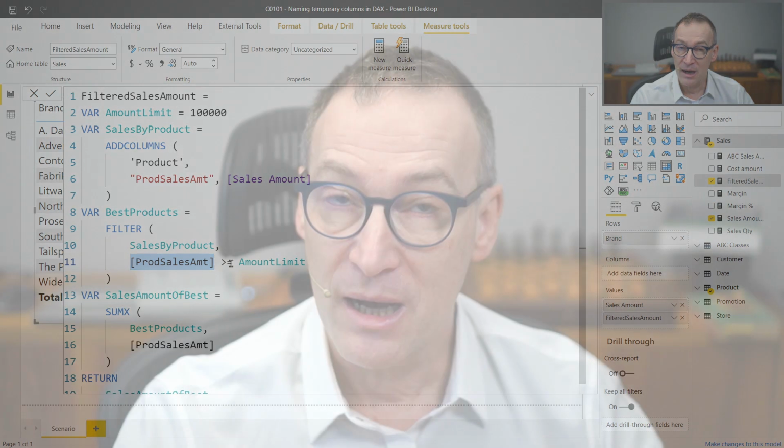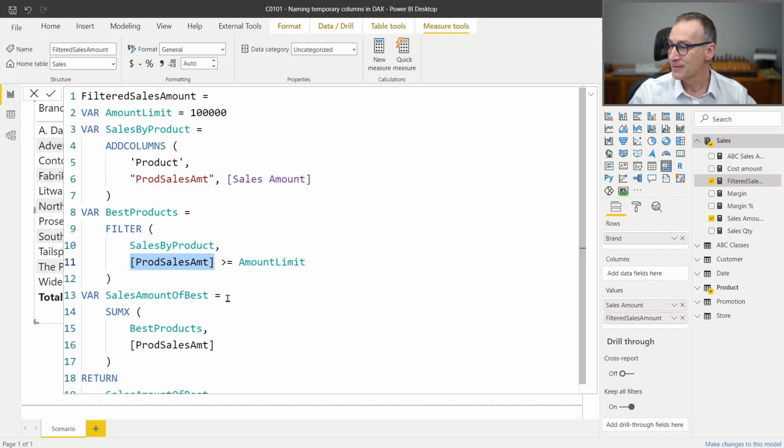Over time, we came out with a standard that is extremely important to follow. That is, whenever you reference a measure, you do not use the table name in front of it. And whenever you reference a column, you always put the table name in front of it. This makes it easy to read code and quickly understand whether a reference is a column or a measure. Let's see that with our code. Here you see that I'm calling [Sales Amount] because there is no table reference before the name, I know that this is a measure.